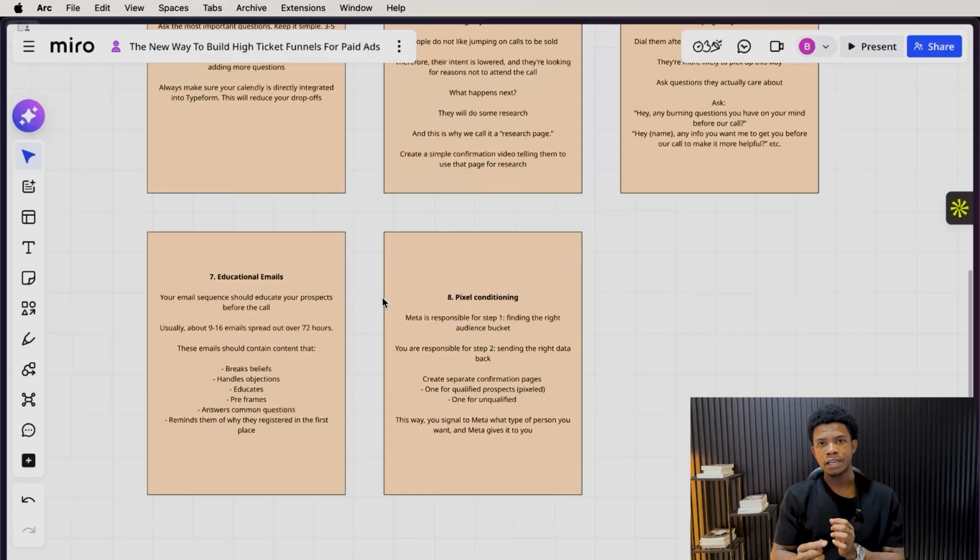That way you keep your data clean, and you're actually telling Meta to bring you more of those qualified people, and you're not muddying up your pixel, and Meta is going after people who are really not financially qualified or even just a good fit for your offering. You're sending the right signals back to Meta.